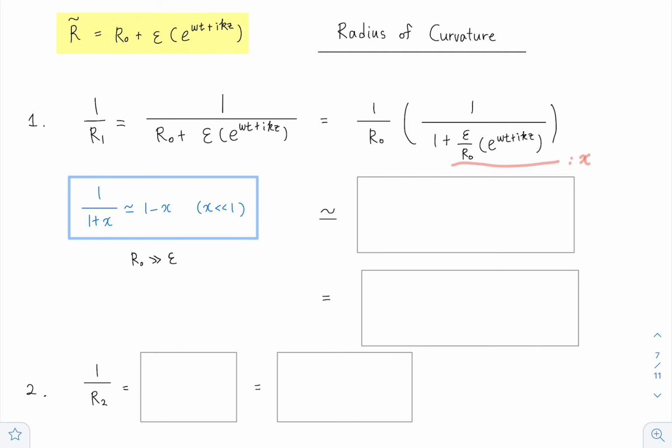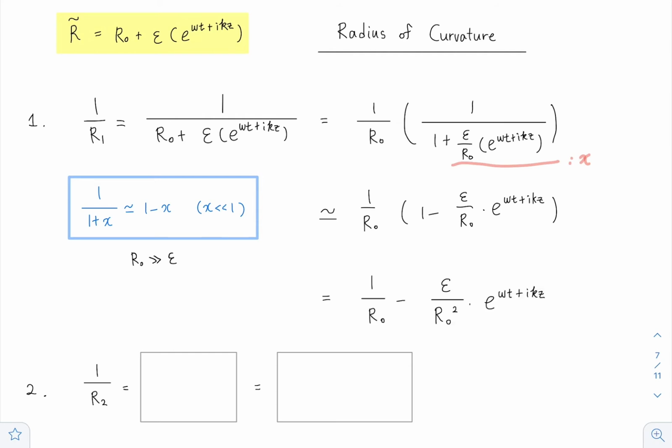Okay, so this term is also much smaller than 1 because R0 is much larger than the perturbations. So this is not equivalent but quite similar to 1 over R0 times 1 minus epsilon over R0, and the exponential term. If you further simplify this, we get 1 over R0 minus epsilon over R0 squared times the exponential term. Okay, that was our first term for the radius of curvature, but what about our second term,